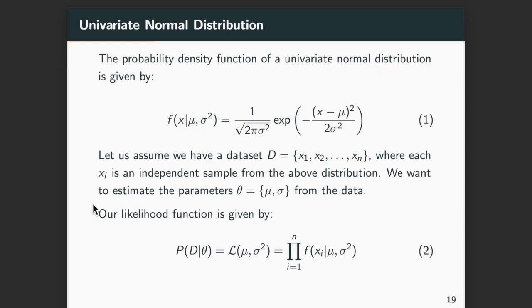So we do so by first writing out the PDF corresponding to the normal distribution, and then we write the likelihood function. And importantly, we can factorize the likelihood as a product of the individual PDFs. Can someone again quickly tell why this is the case? Because of IID, we can break down this likelihood term as the product of individual PDFs evaluated